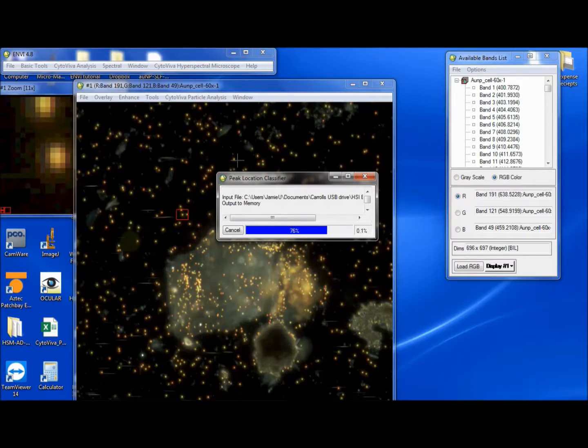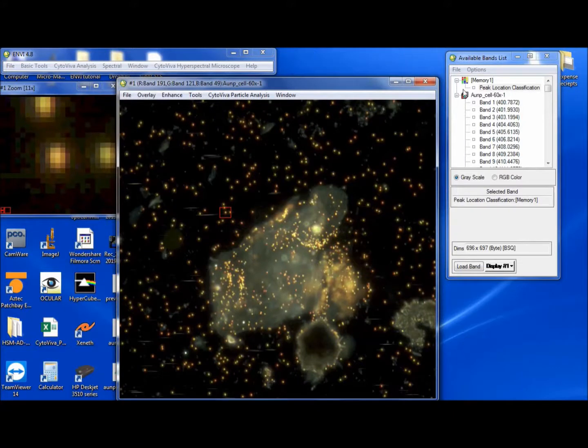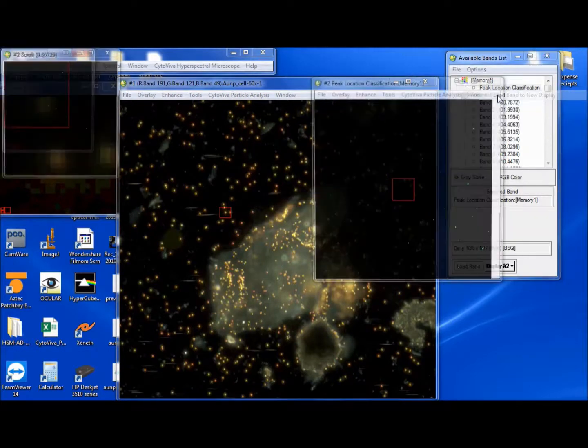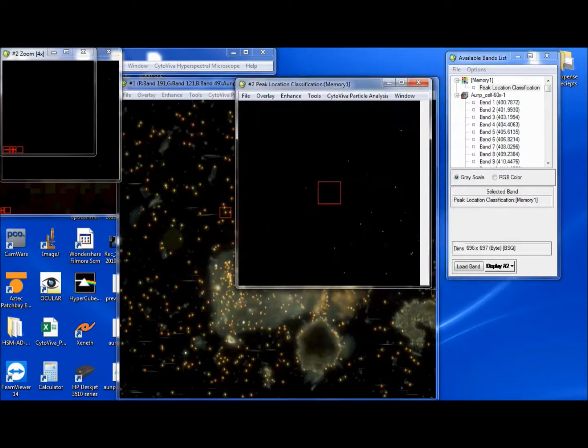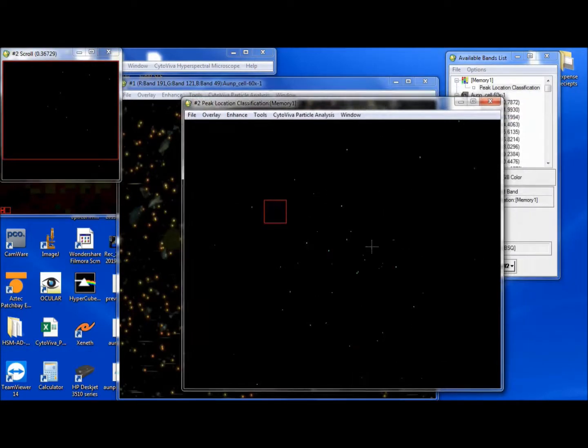It's looking at every pixel, seeing where those peaks are. And then when we're done, just like SAM, just like Spectral Angle Mapper, it makes this classification file, and if we remember, it's this colored checkerboard icon here, and we can load it into a new display by right-clicking it. And we see here all the places that these peaks show up